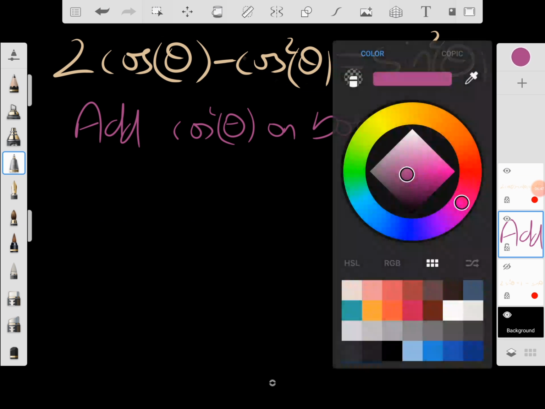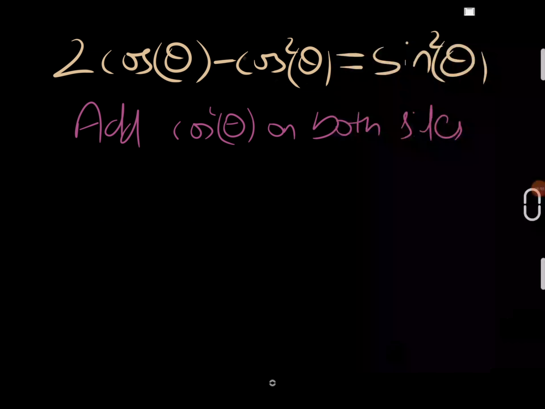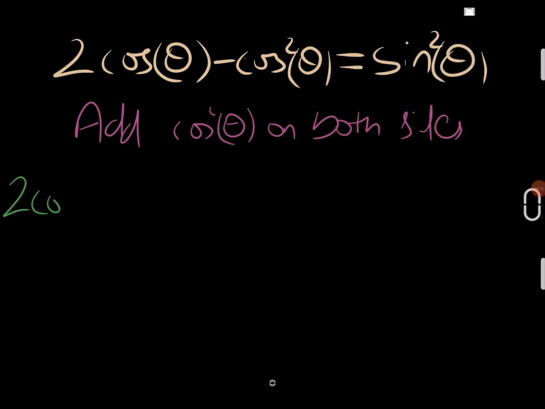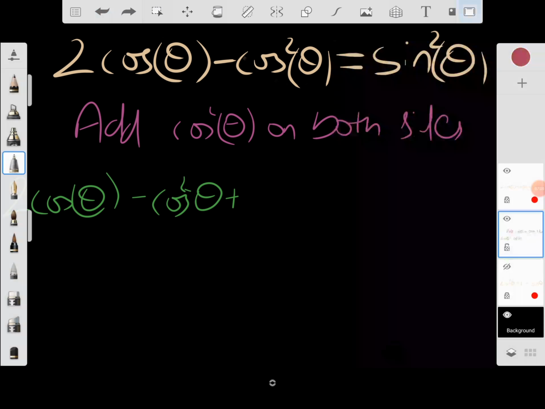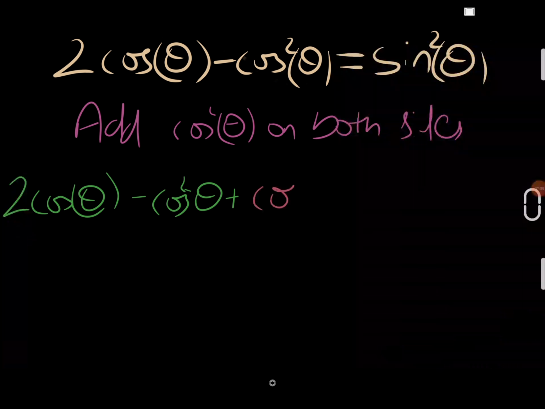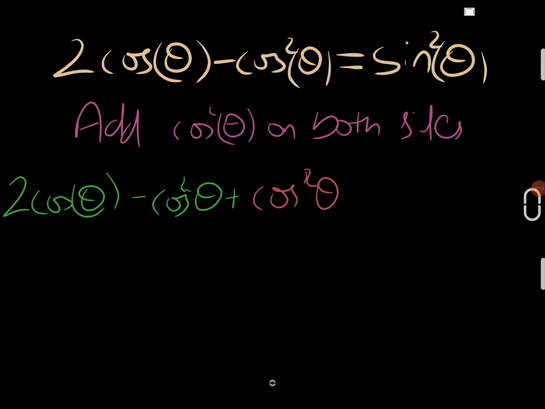So adding cos square theta on both sides, what I get is 2 cos theta minus cos square theta plus cos square theta. This is the one that we're adding. Maybe I'll put it in a different color. Plus cos square theta is equal to